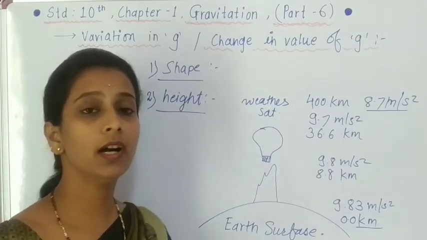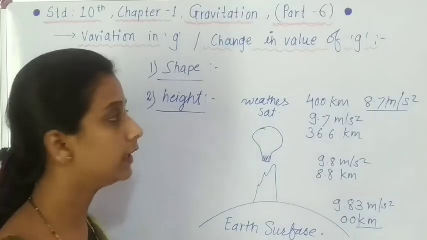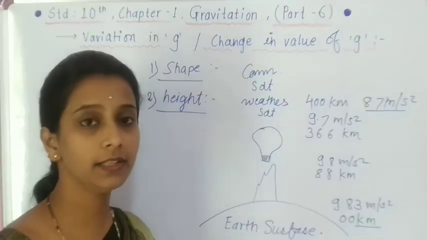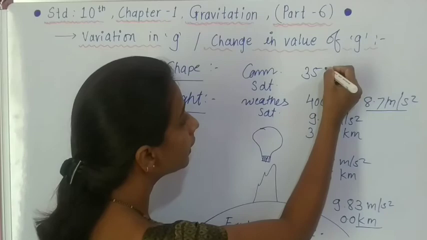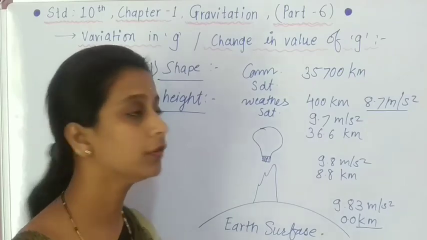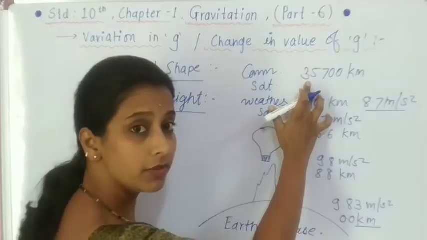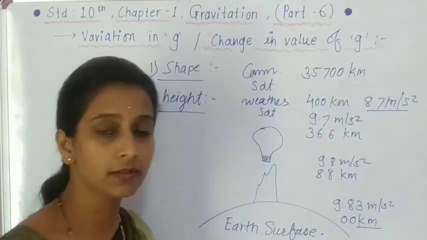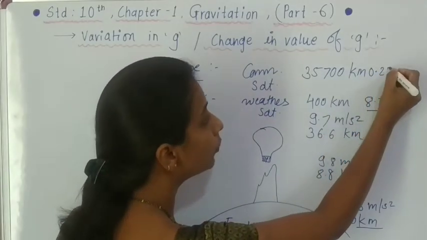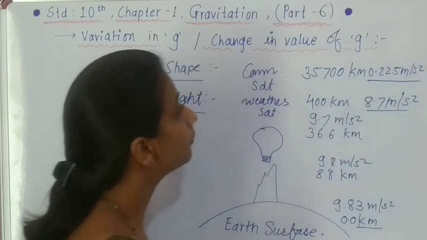Now suppose we are going ahead to some more height, where the communication satellites are present. Communication satellites are present at heights up to 35,700 kilometers. So this distance is much larger than all of those distances. So what will be the distance? 35,700 kilometers. And at that place the value of g will be 0.225 meter per second square. Okay, so this is the value of g at the distance